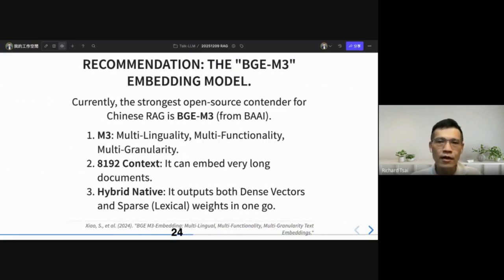Okay, so currently the strongest open source contender for Chinese RAG is, unfortunately, made by China: BGE-M3 from BAAI. Why do I say unfortunately? I don't have any political bias, but I just say that it is not allowed to be used in Taiwan.